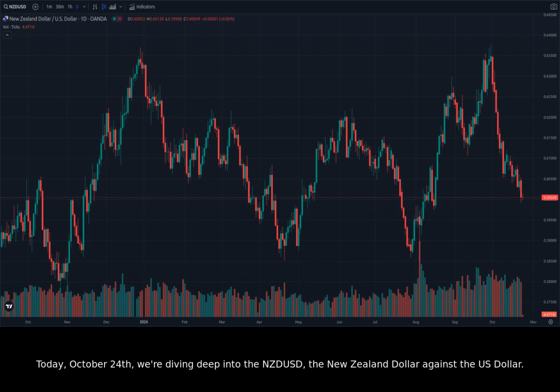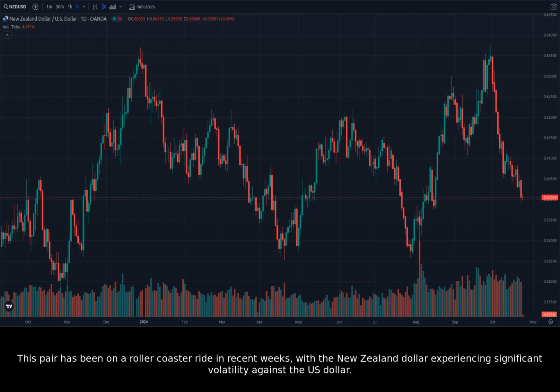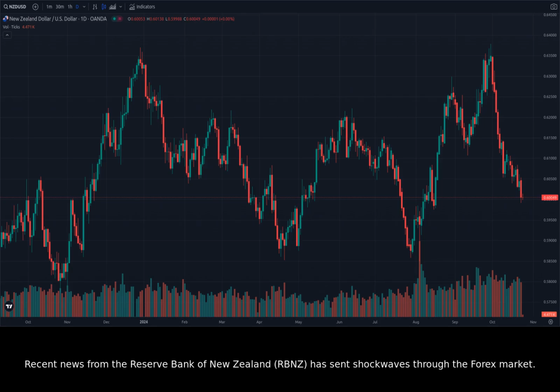Today, October 24th, we're diving deep into the NZDUSD, the New Zealand dollar against the US dollar. This pair has been on a roller coaster ride in recent weeks, with the New Zealand dollar experiencing significant volatility against the US dollar. Recent news from the Reserve Bank of New Zealand, RBNZ, has sent shockwaves through the Forex